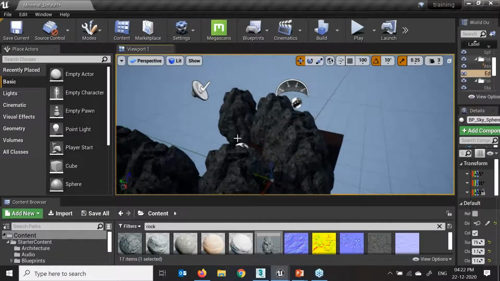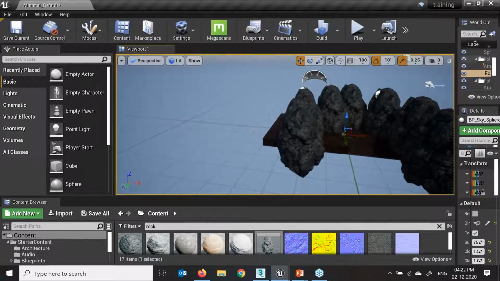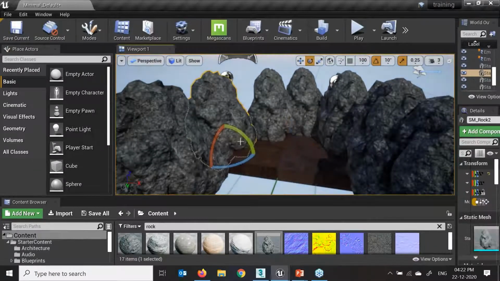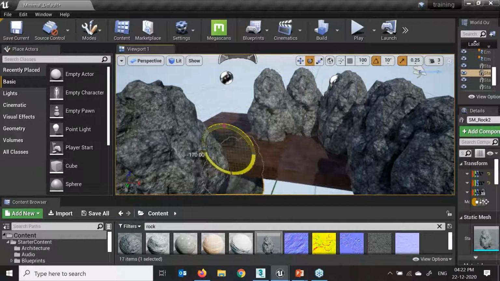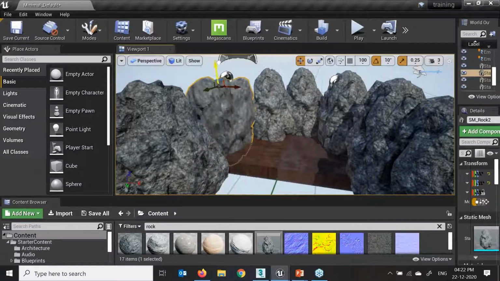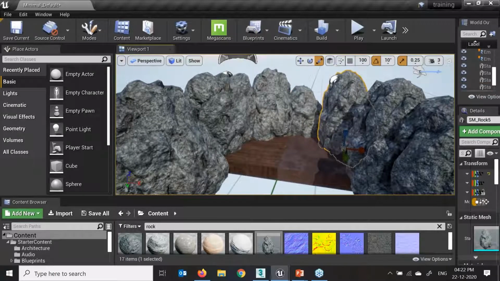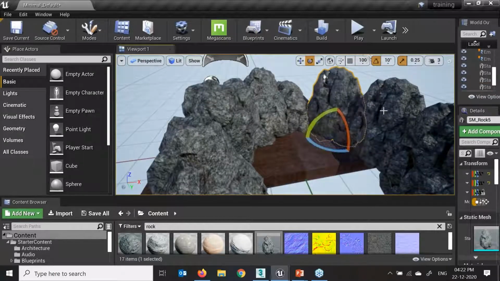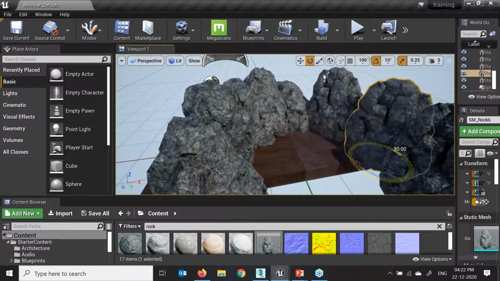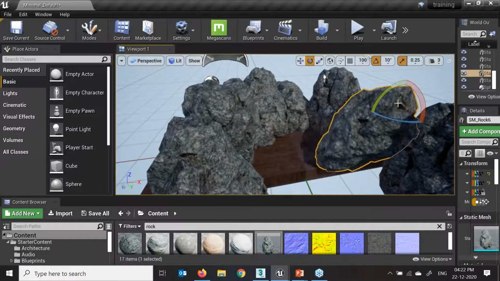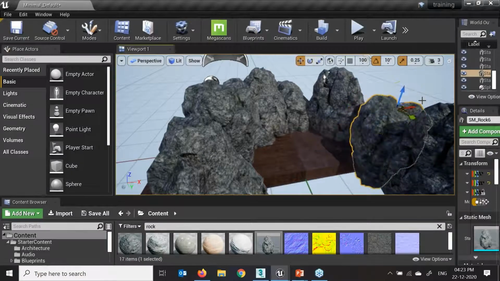Again I will select and go to my perspective view. Here we can see these are all the same, so I need to add a little bit more variation, which I can do afterwards or previously. This depends upon the requirement. Select and make it 30 or 40 degrees. We just need to scale some smaller and some bigger rocks. Small, select, just scale this one, scale over here.